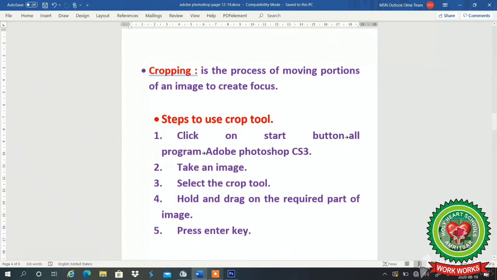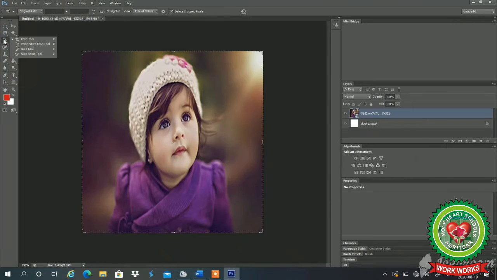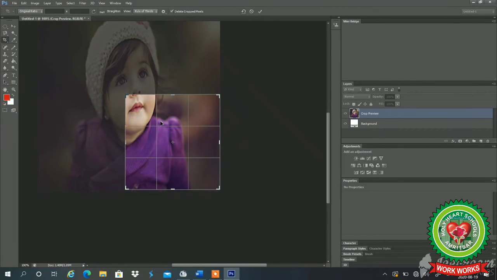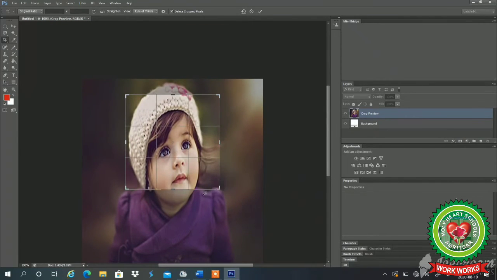Now see, we are having this image and this is our crop tool. I'll select the crop tool and see this area is selected. Now I can adjust the area which I want to focus. Let's suppose I want to focus on this face only.